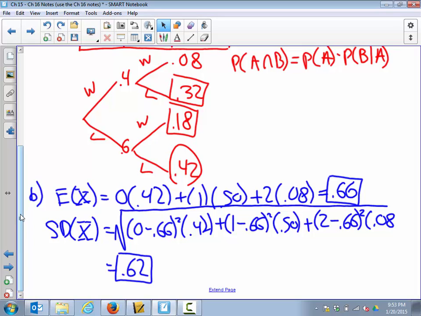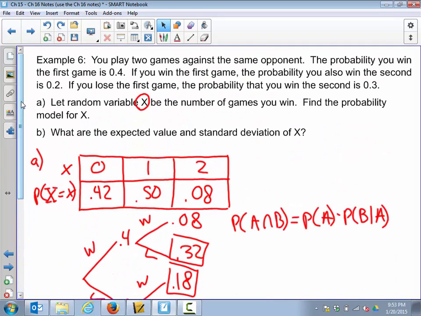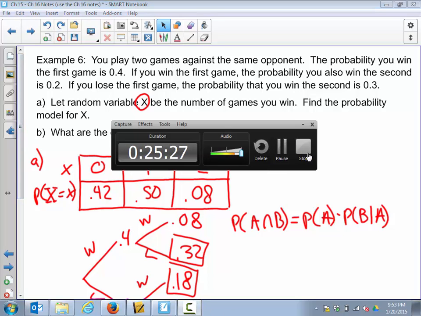And due to rounding, that may be off by a little bit. It could be off by as much as 0.05. Perhaps there's a standard deviation truly of 2/3 here. So there you go. You've looked at an introduction